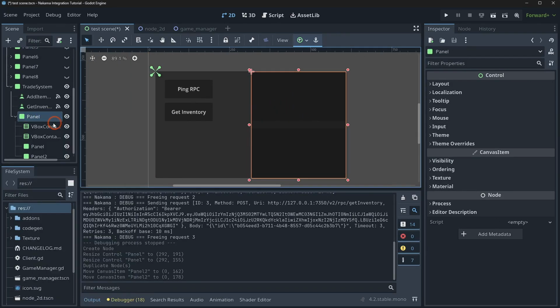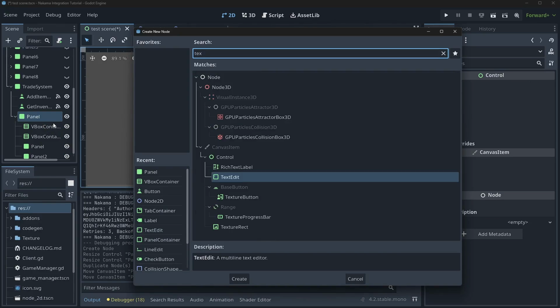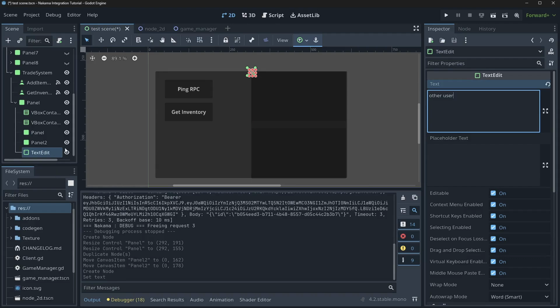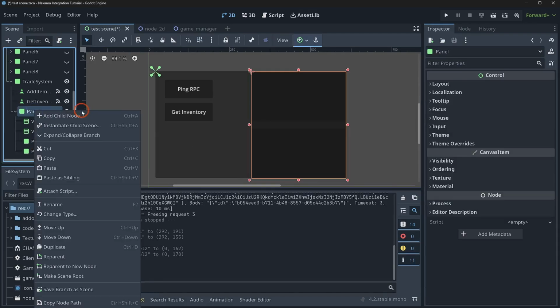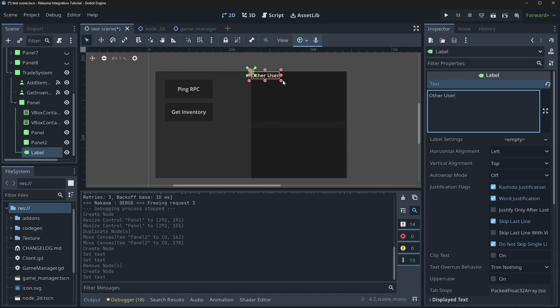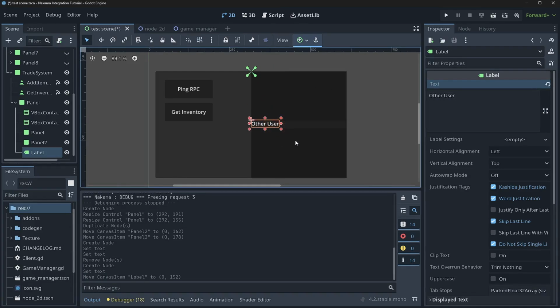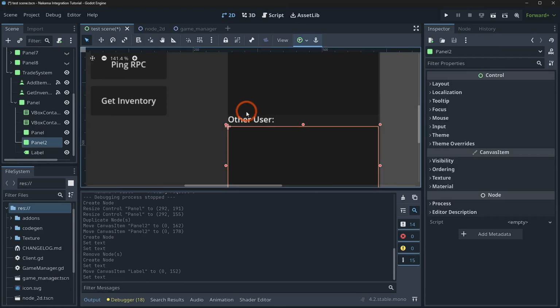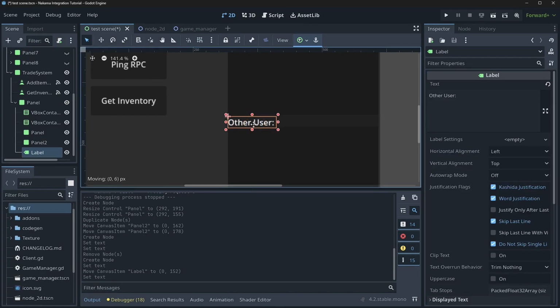And then I could just right click, add a child node, add in a label, and put other user, and we can make this into something else if we'd like, but I'm just going to use this for right now. And then I'm going to duplicate this label